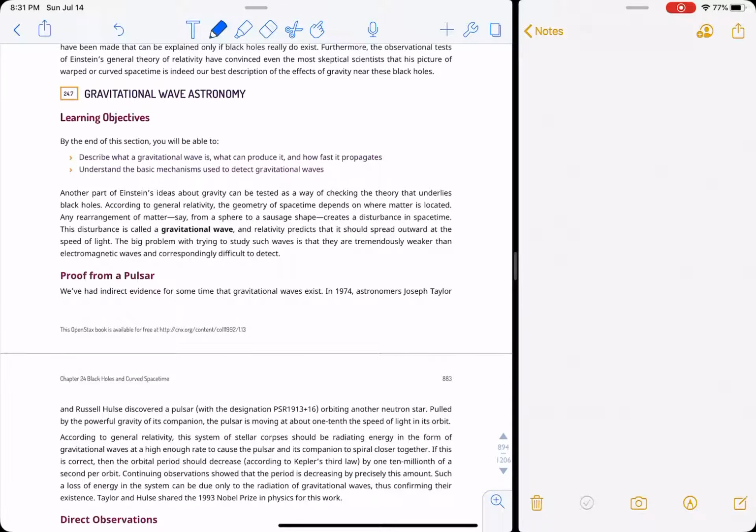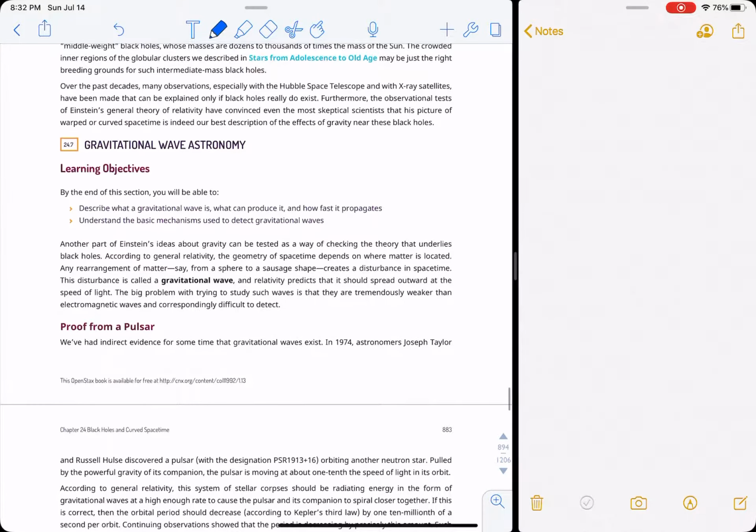Okay, so the idea here is that if two black holes from binary star systems orbit each other until they merge, at the point of merge, you get obviously a big explosion and everything, but you actually get a giant ripple in space-time that travels out, and that's called a gravitational wave.